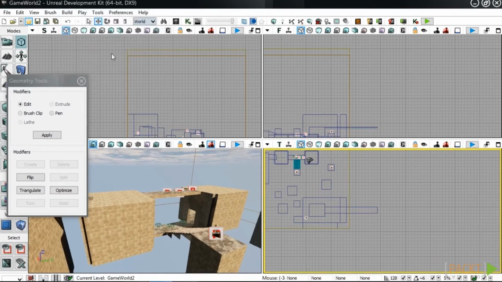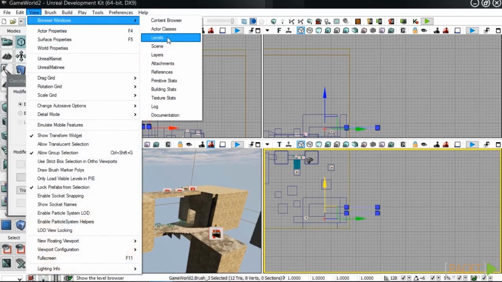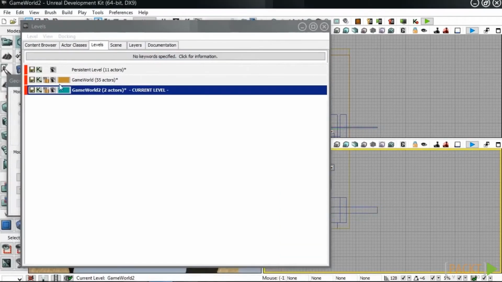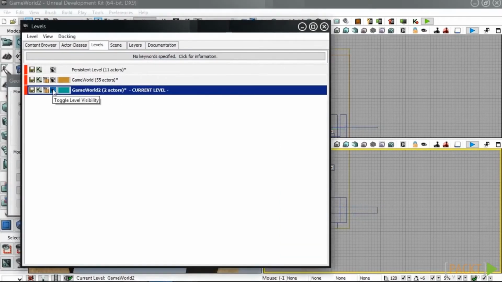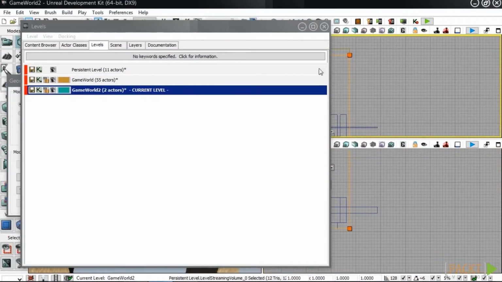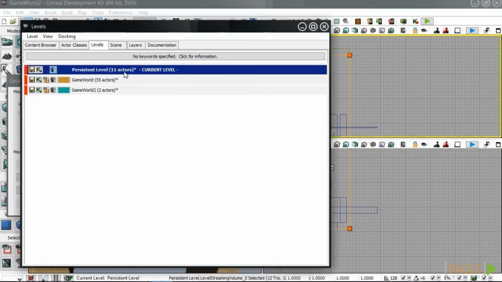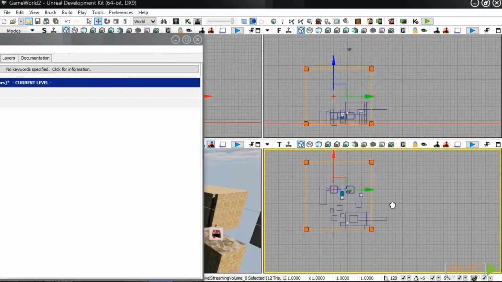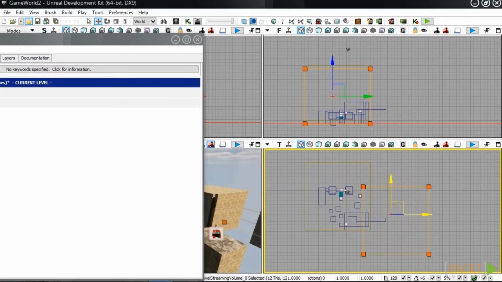So with this selected, I'm going to make sure that it's located inside of the correct level. And if I unclick it and I toggle it off, looks like it's just fine. So finally, I'm also going to need to create another level streaming volume for this level. So I'm going to change the persistent level to be our actual game level, and then I'm going to duplicate this level streaming volume as well. And I'm going to move it